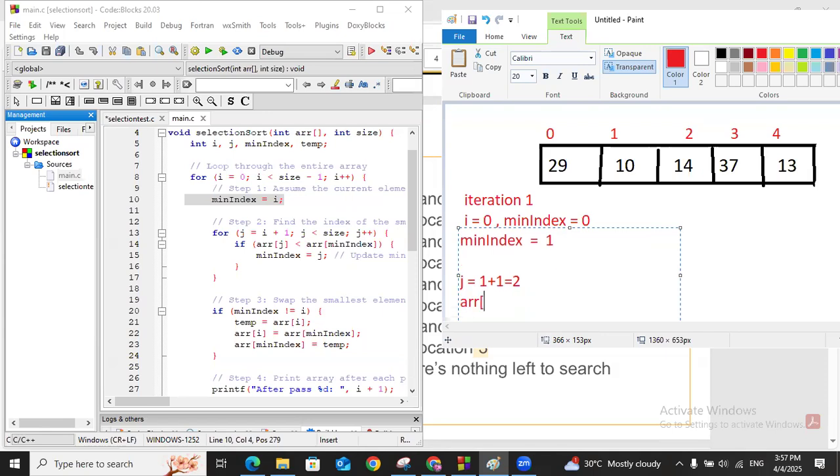Array j means what? Array 2. Array 2 value is what? Array 2 means 14. Right? 14. Then again we are checking what is the current minimum value. The minimum index is 1, right? Array min index is now